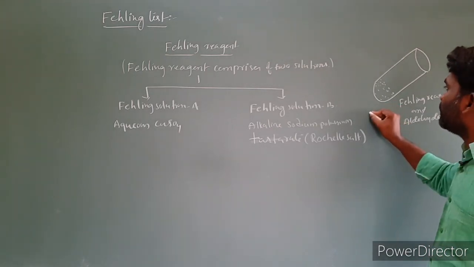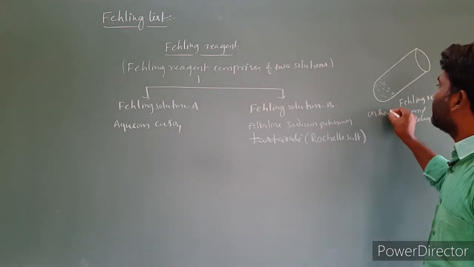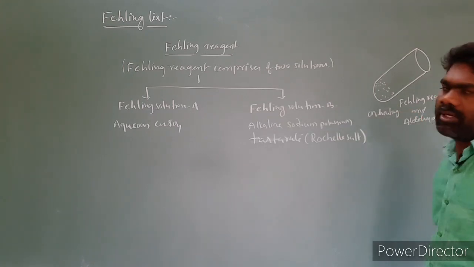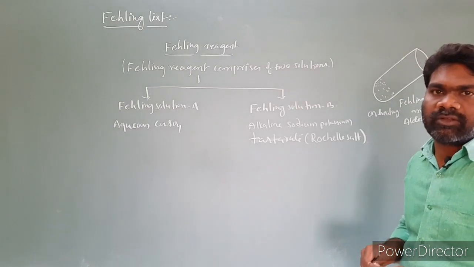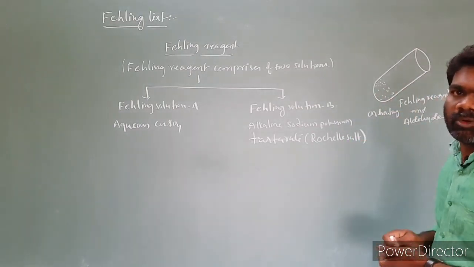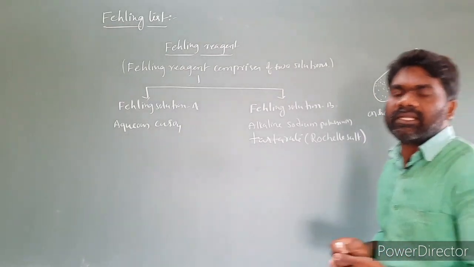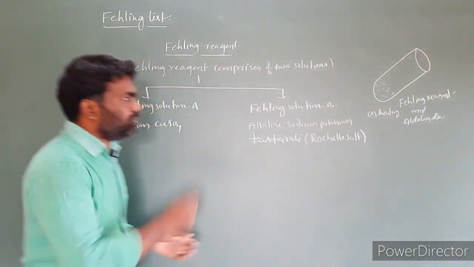Then we have to heat it on warming or steam. Upon heating, there is a red brown color formation in the test tube. If the red brown precipitate forms in the test tube, that indicates the presence of aldehyde in the given compound. Then what is the reaction?